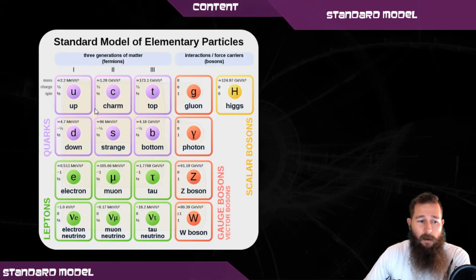There are 6 quarks, and the different types of quarks are actually called flavors. So the flavors of quark are up, down, charm, strange, top and bottom. There are 6 leptons: electron, muon, and tau, and then their associated neutrinos. There are 4 gauge bosons, and then you've got the Higgs boson here. So over the next few lessons, we'll look at what these particles are responsible for, what they do and